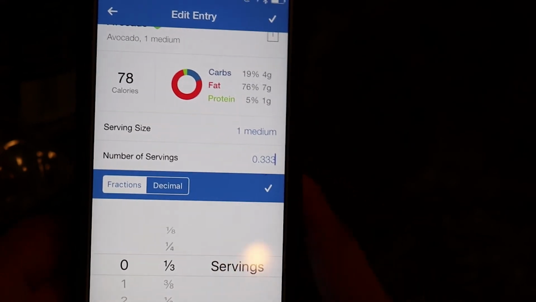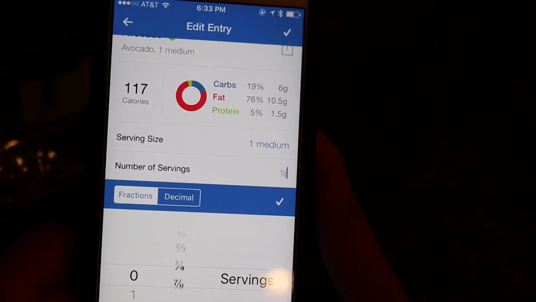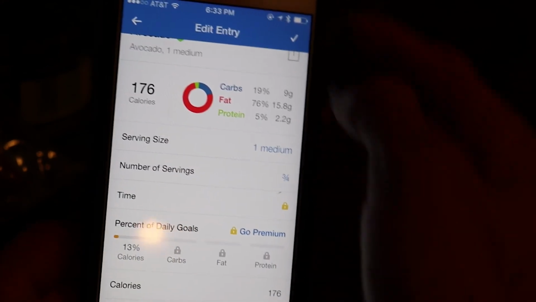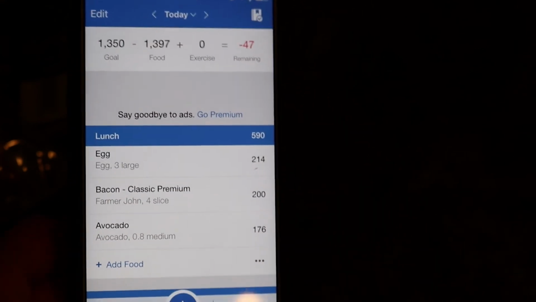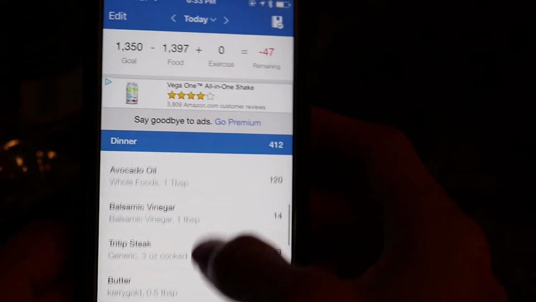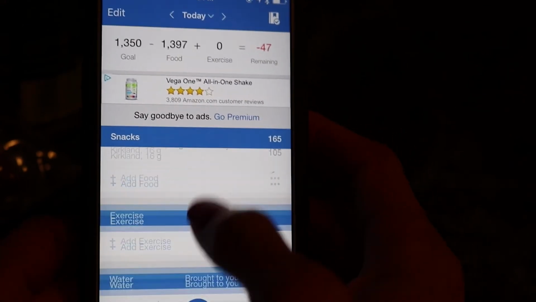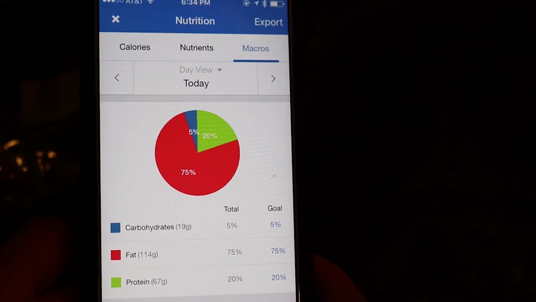Let's do 3/4 of it and see where that puts us. And you know what I normally do is I actually weigh it out in grams, so you can get more technical on this. Because see, right now it just put me over in my calories, and I wouldn't want to do that,